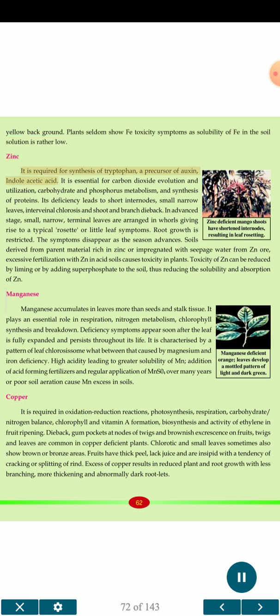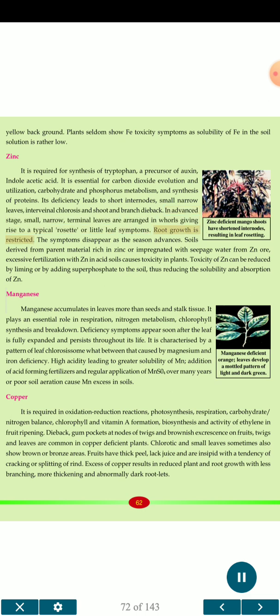Zinc. It is required for synthesis of tryptophan, a precursor of auxin, indole acetic acid. It is essential for carbon dioxide evolution and utilization, carbohydrate and phosphorus metabolism, and synthesis of proteins. Its deficiency leads to short internodes, small narrow leaves, interveinal chlorosis and shoot and branch dieback. In advanced stage, small, narrow, terminal leaves are arranged in whorls